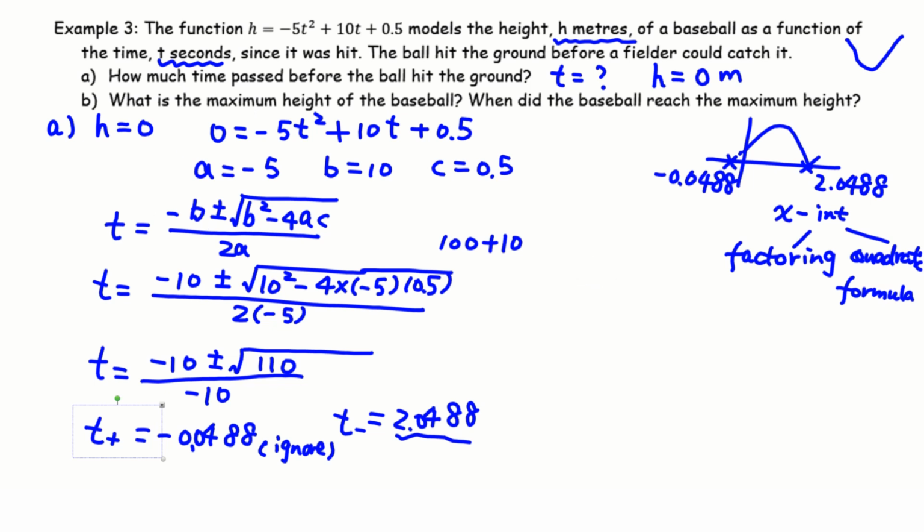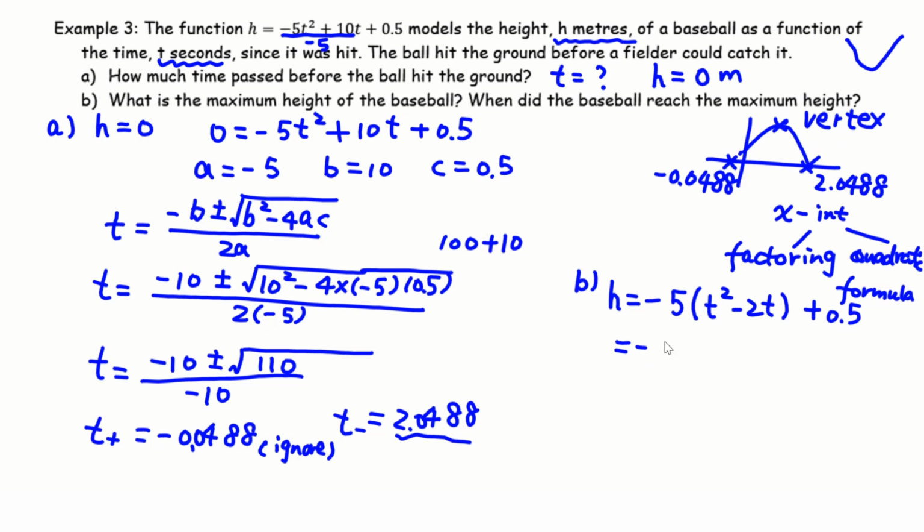And for question B, it asks you for the maximum height. It means you are looking for the vertex. And for the vertex, we could use completing the square. This is in standard form, so we are going to complete the square. We are going to take the a value out, that is negative 5. So the first two terms divide by negative 5. Then we have t squared minus 2t, then plus 0.5